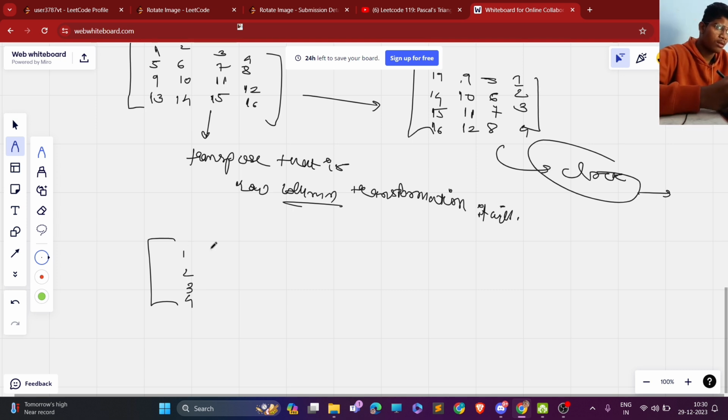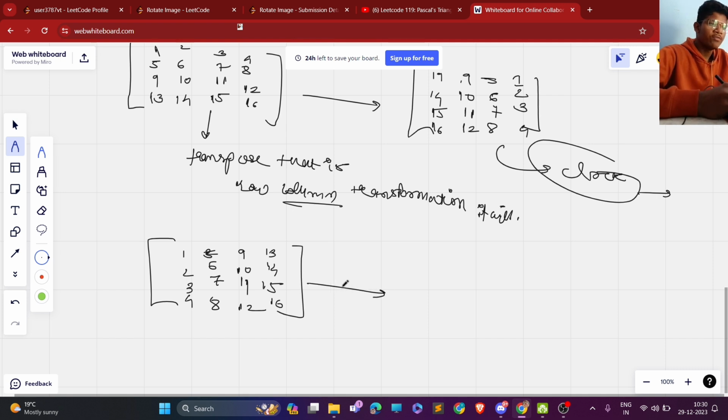So 5 6 7 8, this is the second row to the second column, and 9 10 11 12, 13 14 15 16. And if we are reversing this, then we are getting the solution, that is, what we had to rotate in the clockwise direction, that is the rotate. It means in the question we were given that we have to rotate the image, and we have to do the same here, that is, first we will transpose the element,